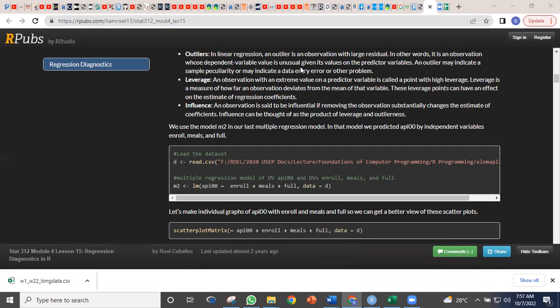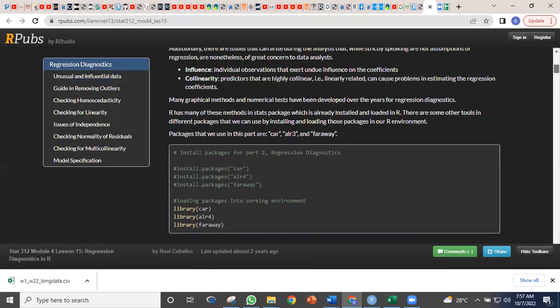There are other good references, but let's just use this for the meantime. Now, when I do some research on how best to do regression diagnostics, I usually use several references. I do not just satisfy myself with one reference. I get the good points of one and then combine it with the good points of the others. So what we're going to do now is